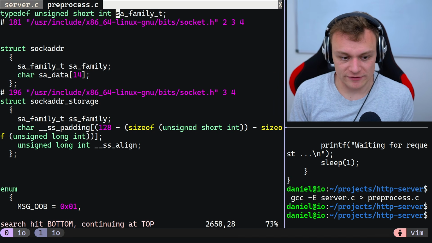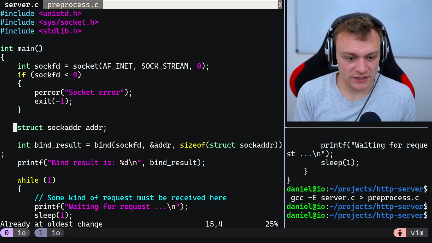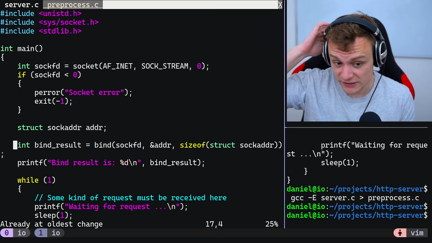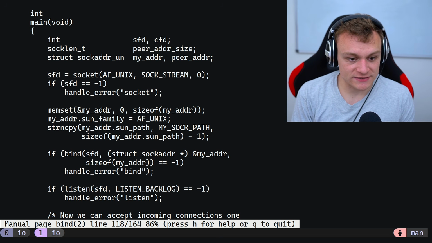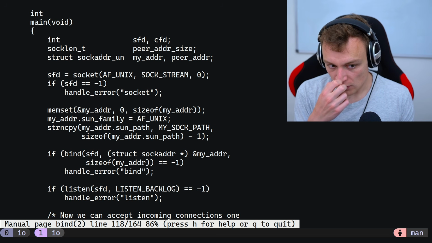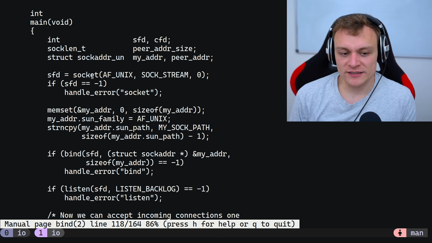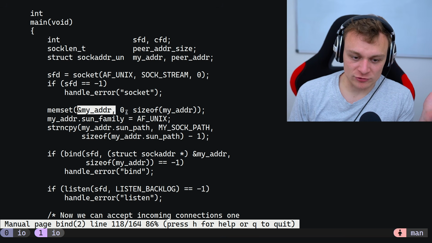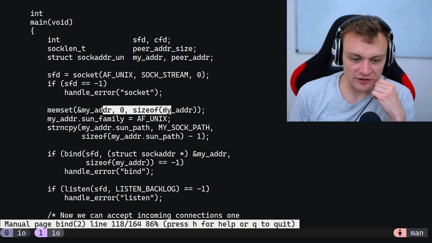I don't want to use this AF_UNIX thing. I want to use AF_INET, because if AF_UNIX can be passed, then probably AF_INET can be passed. So what I'm doing is I'm setting... I wanted to set my AF_INET on my address structure. Why is it even necessary to memset the address to 0 if after that all the members are set